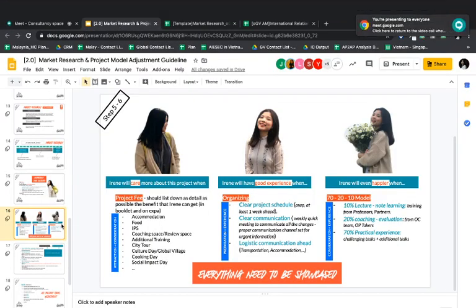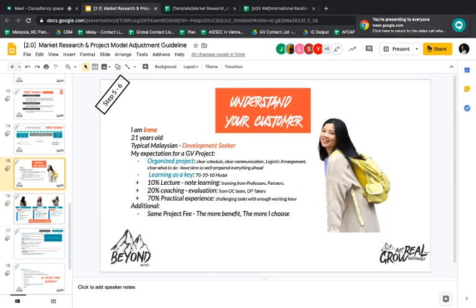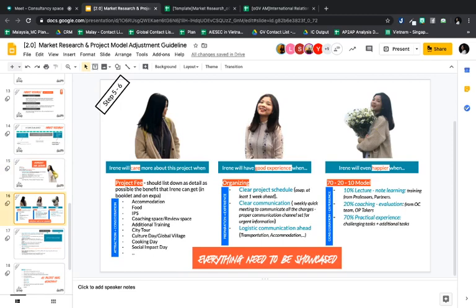No. Okay, this is regarding a true observation over 2 years, because last year I was at IGV and this year at OGV, where I see EPs from Malaysia as well. This is what I see that really needs to change from IGV. So when you are doing project model adjustment, you should adjust these 3 areas as well.